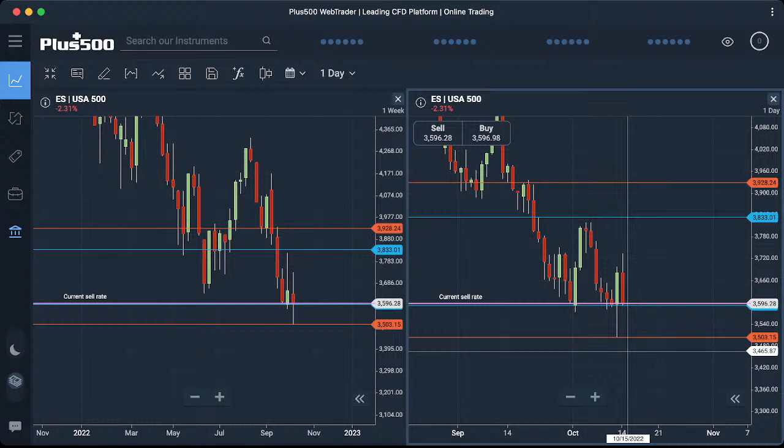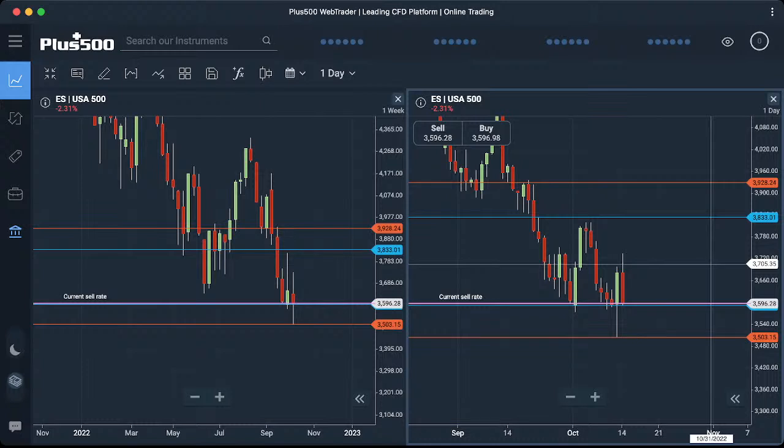So that means price is ready to push to the upside. Based on this reason and many other technical reasons that we can see, price is ready to push to the upside